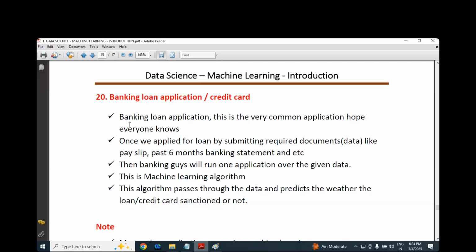Next day, the bank people called and said, "Nirikshan, you are eligible for the loan. Mallesh, I'm sorry, you are not eligible for the loan." Later I came across that they had taken our data and given it as input to one program. That program tells whether this person is eligible for a loan or not. That program is nothing but a machine learning algorithm. All banking sectors and banking applications are still using ML algorithms to predict whether this is a risky customer or a risk-free customer.